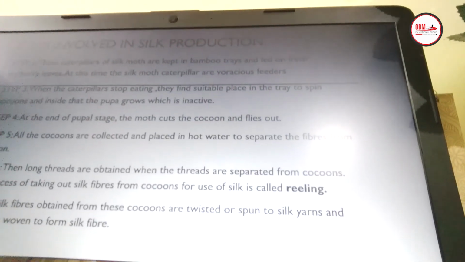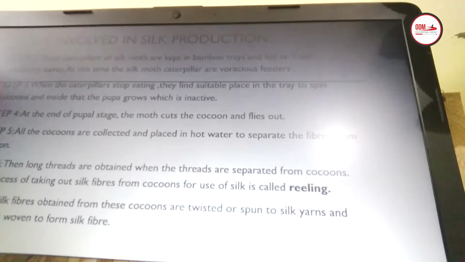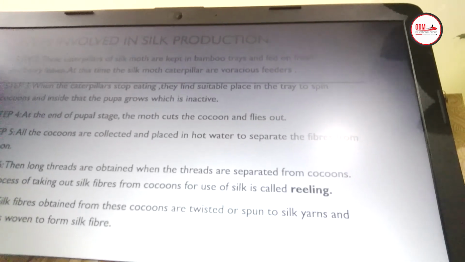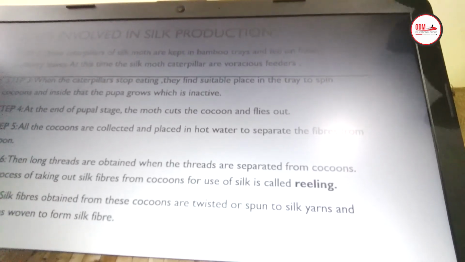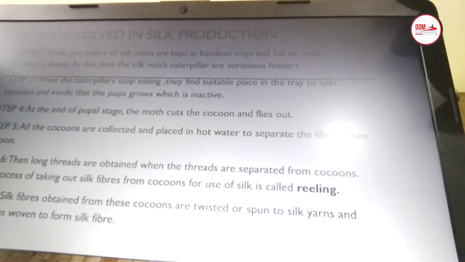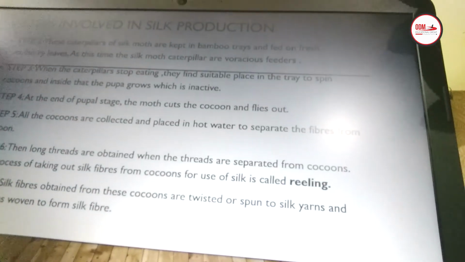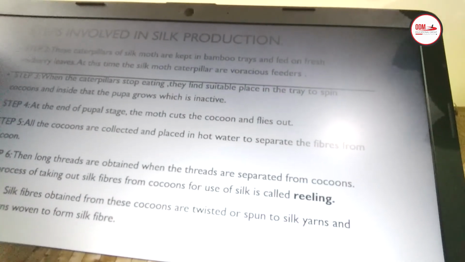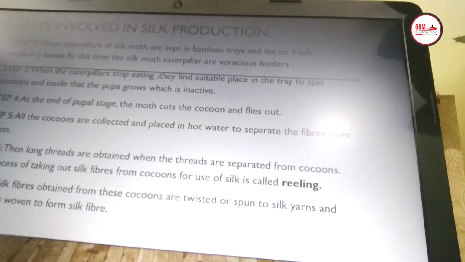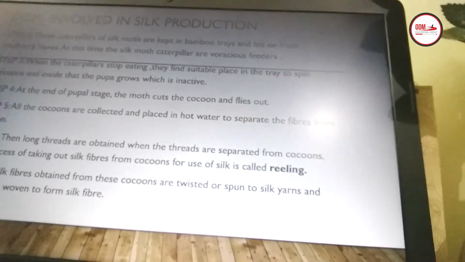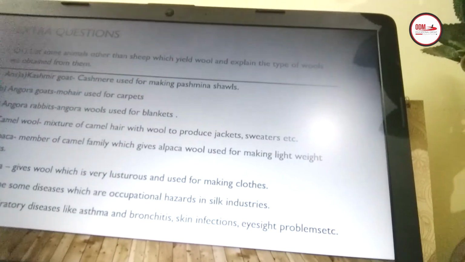Now these cocoons are collected and placed in hot water to separate the fibers from the cocoon. Then long threads are obtained when the threads are separated from the cocoon, and they are taken out. These silk fibers from cocoons are reeled, a process known as reeling, and the silk fibers obtained from these cocoons are twisted or spun into silk yarns, and these silk yarns give the